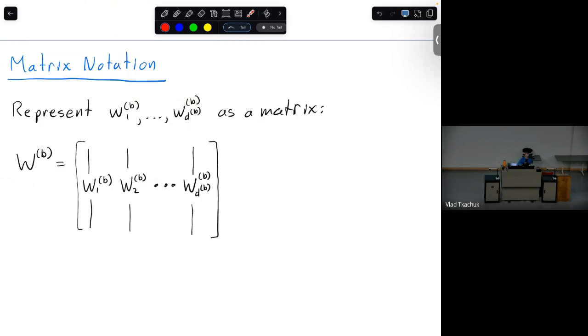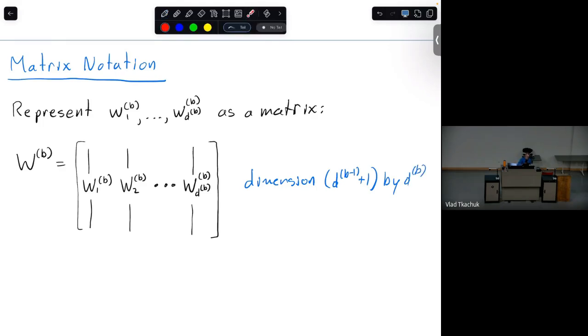You can stack these all into a matrix as column vectors, like this. Now you have a matrix of weight vectors. The dimension of this is D_{B-1} plus 1 by D_B.